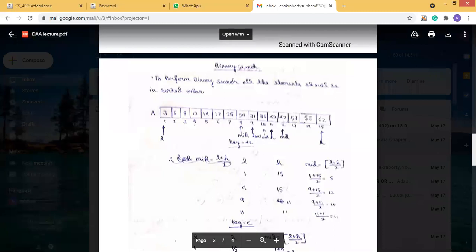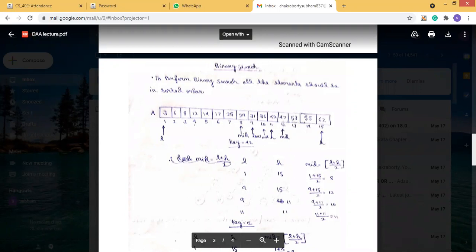Otherwise, if the problem is large enough, then we can divide the problem into sub-problems and solve each sub-problem. After getting the solution of each sub-problem, we combine them to get the solution of the whole problem. There we have seen some of the algorithms.